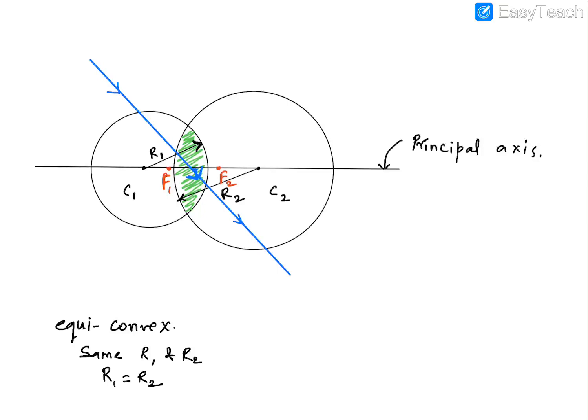Now what do you mean by focal point? First of all, these are called focal points. And what is the plural of focal point? They are also called foci. So it's called either foci, or first focal point and second focal point. So we'll discuss now what the first focal point and the second focal point are.